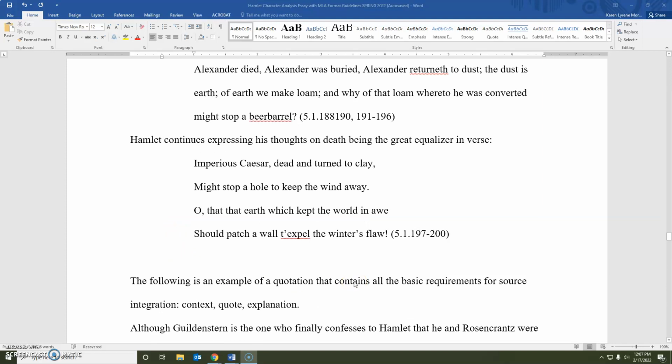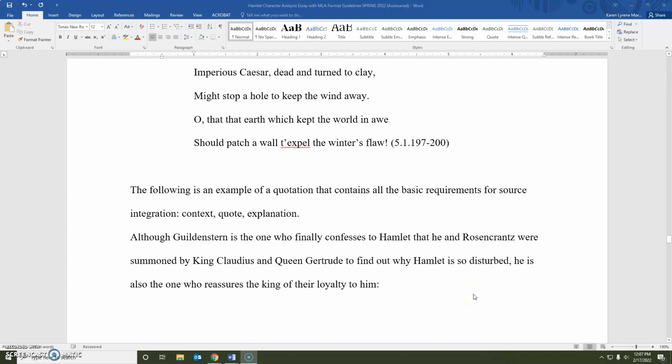Sometimes you will quote some dialogue that is not in a work of Shakespeare maybe, or not in a play. You might quote some dialogue from a novel or a short story, and in that case you might have a block quotation that also includes some quotation marks. So just pay extra attention to any samples that you have so you can make sure that you are following the guidelines put forth by your instructor.